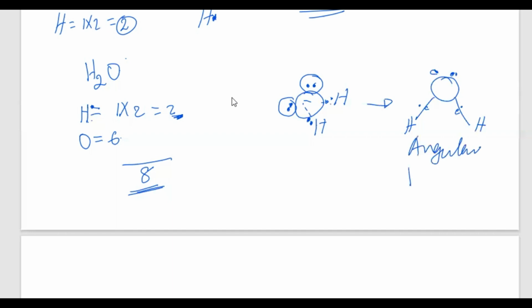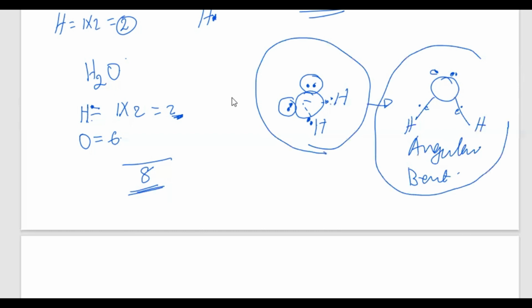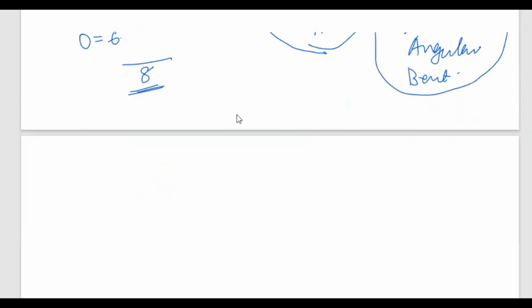Or you can say bent. So you must know the shape which water has. So when you know the Lewis diagram of water and the shape of the water molecule, then number 2, you must know how water forms a dative bond. So what is a dative bond? A dative bond is formed when 1 atom brings the 2 bonding